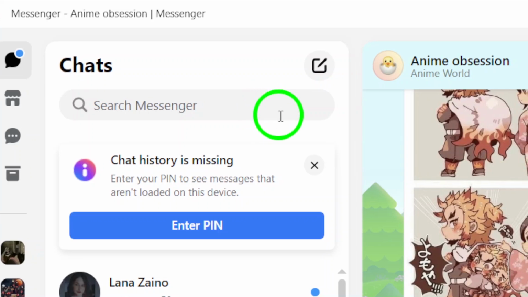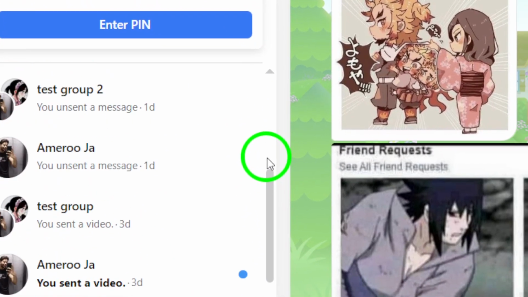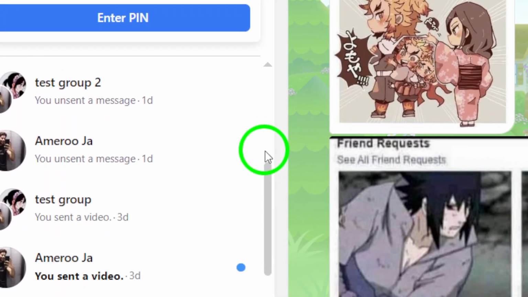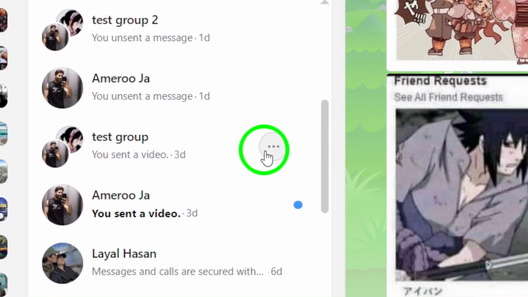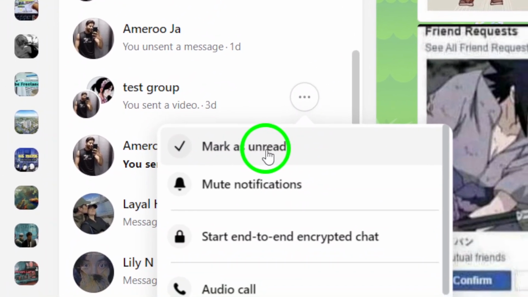This simple action will help you keep track of any important updates or messages you haven't had a chance to read yet. And there you have it. Marking communities as unread on the Messenger app is a quick and effective way to organize your conversations,